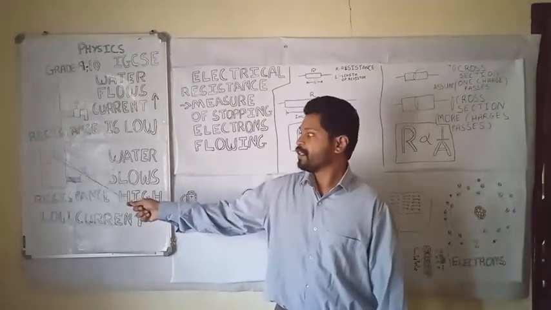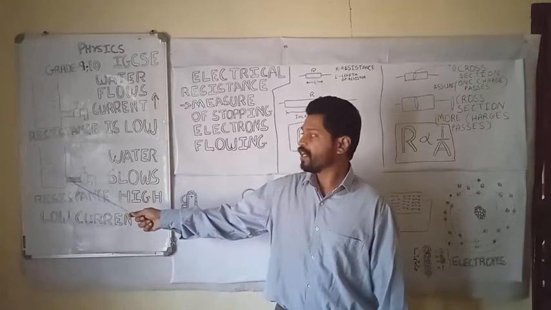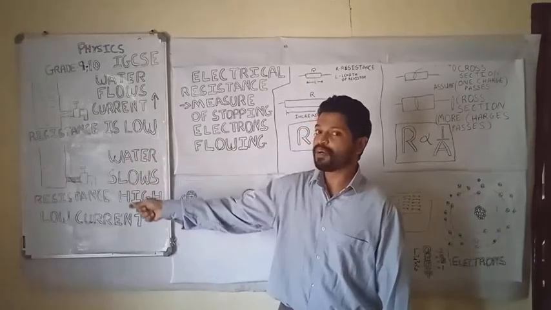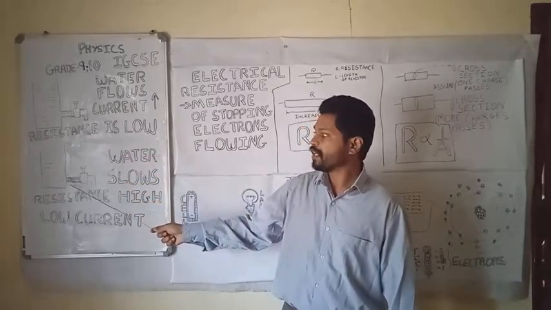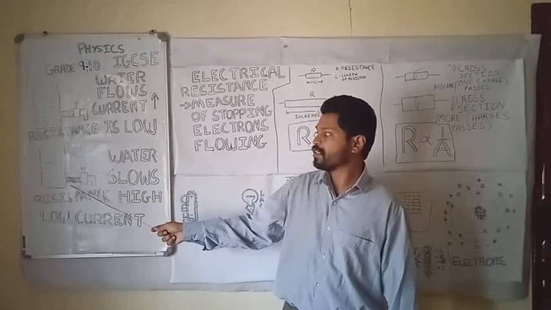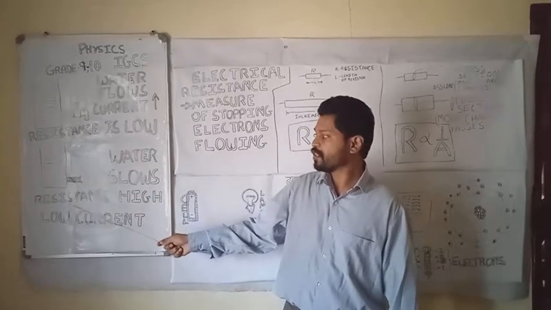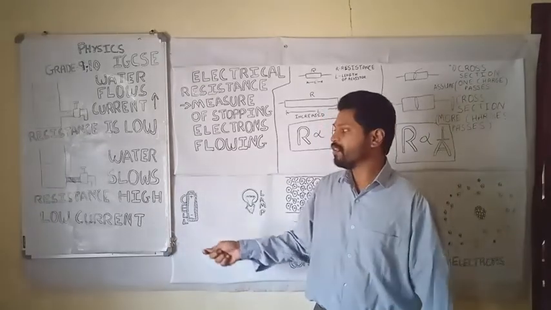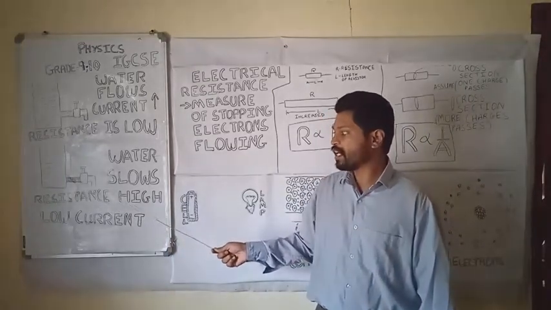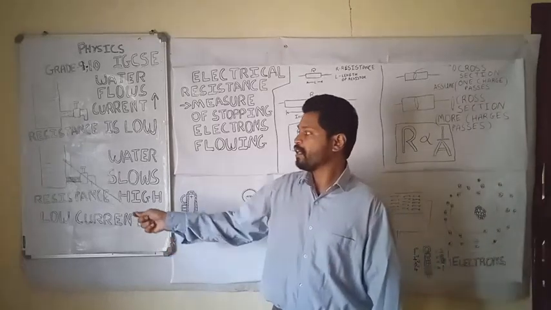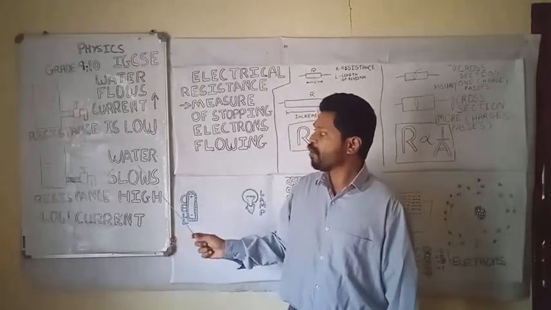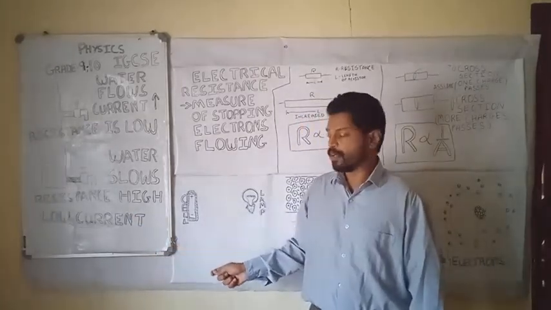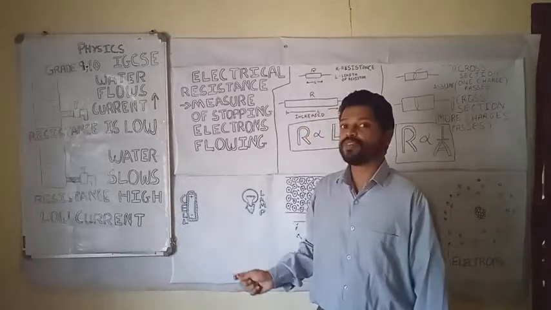So inside this there is a potential difference, voltage. Voltage remains the same in both cases. Voltage is compared to the level of water, and the water resistance is very high out here. So we can put an analogy saying that if there is very high resistance, we get low water flow, and the water flow we can compare to a current, so we get a small amount of current. This you can compare with an insulator.